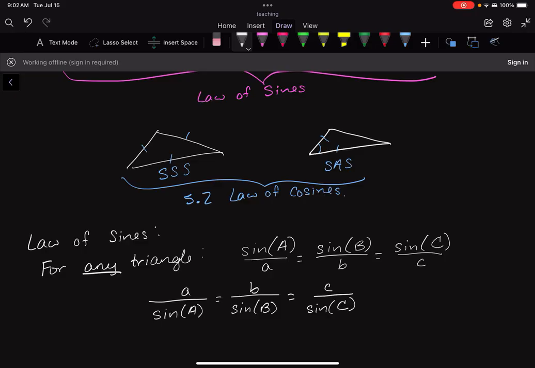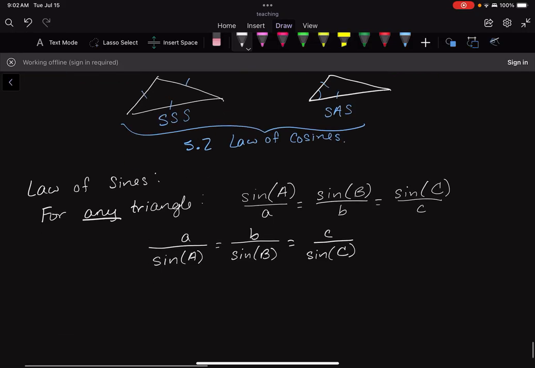I don't really know why. I guess I usually use the one with the angles at the top and then the sides at the bottom. But that's just me. You can do it however you feel comfortable. But either one works. The other important thing to know is that we will only use